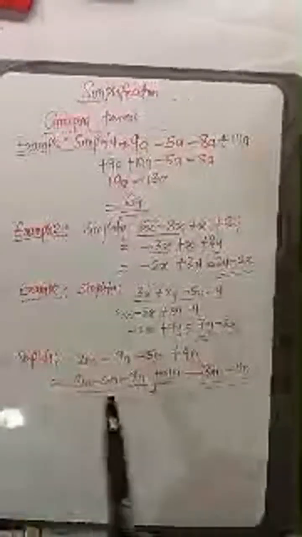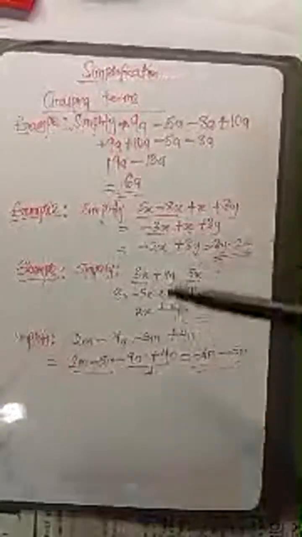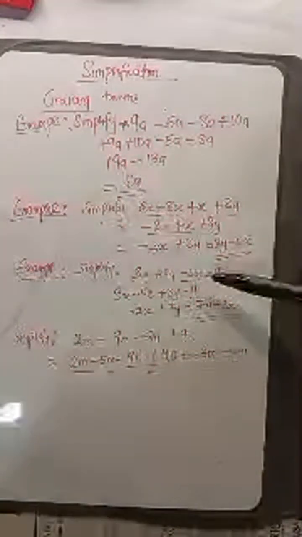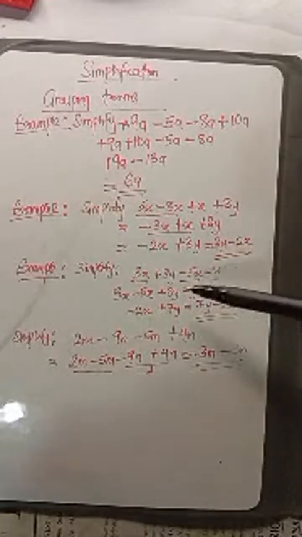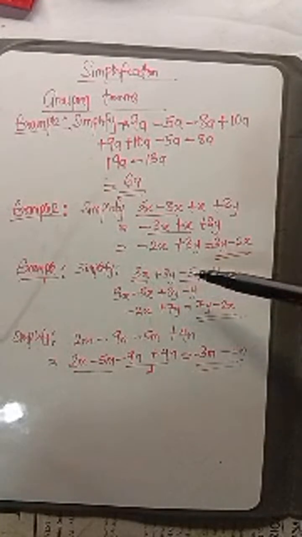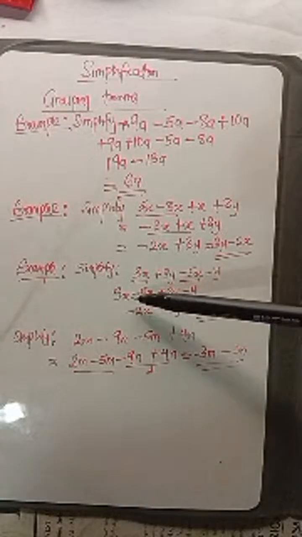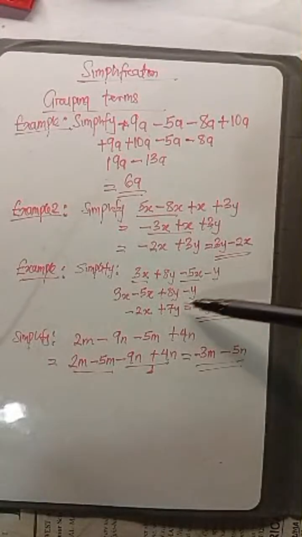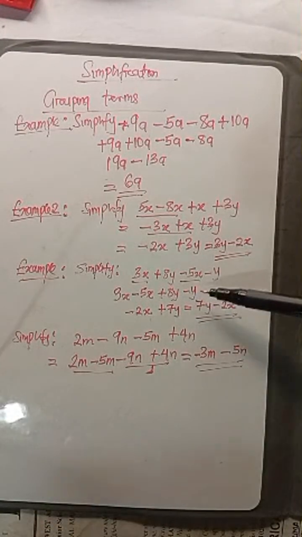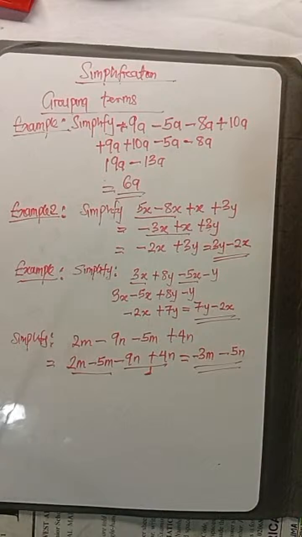Again, we have another question under the simplification, which is 3x plus 8y minus 5x minus y. From this, I said in grouping, you group the 3x and minus 5x together to give us 3x minus 5x, and 3x minus 5x will give us minus 2x. At the same time, we have 8y minus y, we have plus 7y. So that is how I have been able to solve